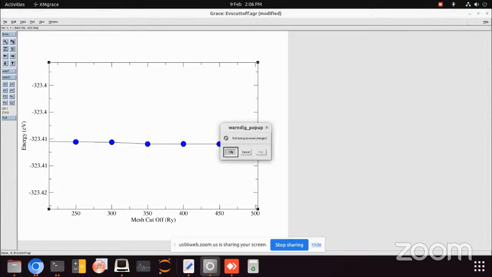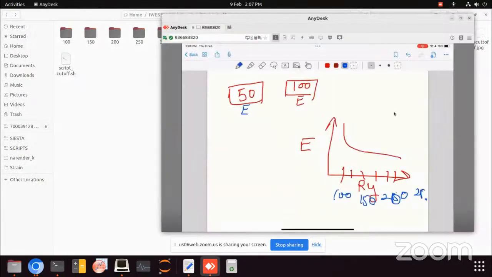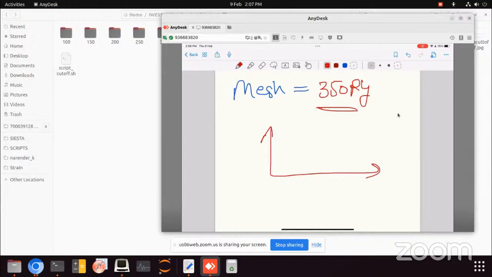So in further calculations, we will use our mesh cutoff as 350. We will use this value now because we plotted the energy versus cutoff graph,